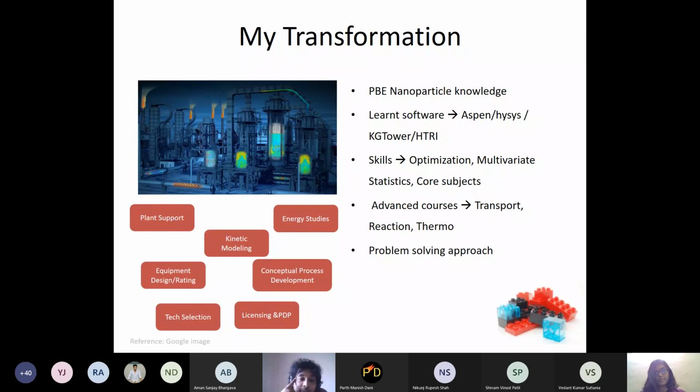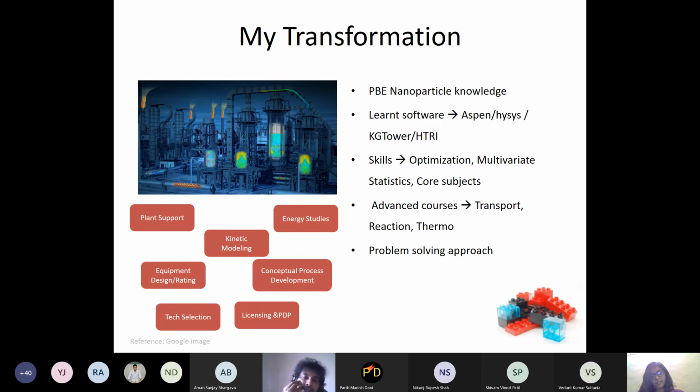I think at our time Mani Bhushan used to teach us multivariate statistics and optimization. All these things came into play because I was doing a plant optimization and getting some unwanted reactants, and there is no kinetics available in the world. There is no journal that reliably predicts the performance of that particular chemical formation. So I used my multivariate statistics skill to build a hybrid model, a first principle model coupled with multiple linear regression, and solved this issue by predicting the kinetics.